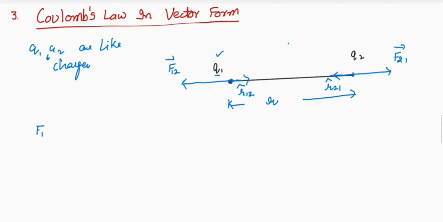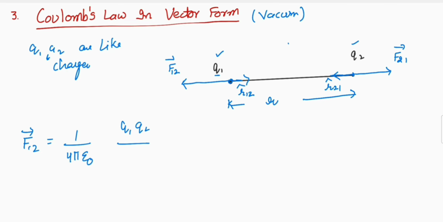So in the vector form we can write F12, the force applied by charge Q2 on Q1, is equal to, as we are taking the medium vacuum here, 1 divided by 4 pi epsilon naught Q1 Q2 divided by the distance between two charges, which is R square, and R21 unit vector,